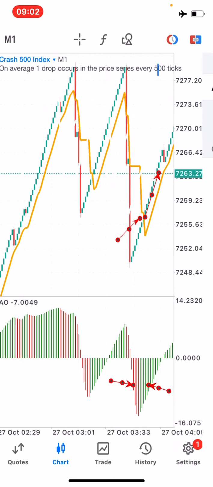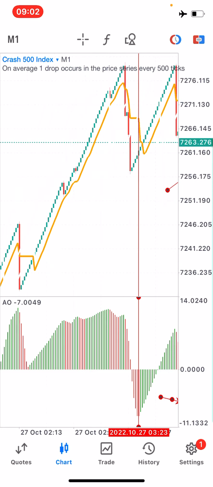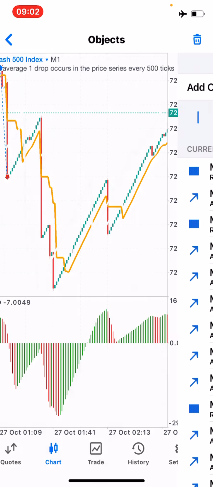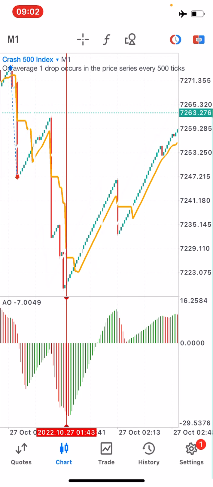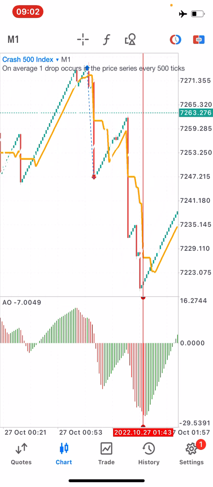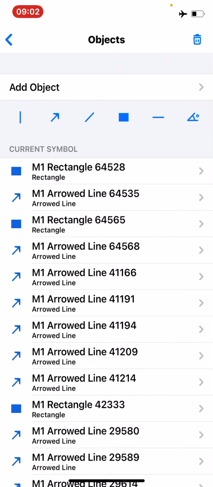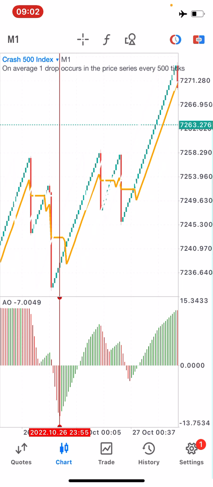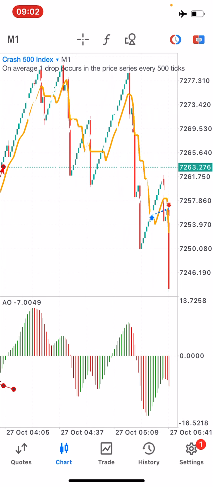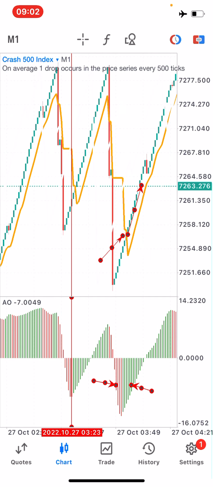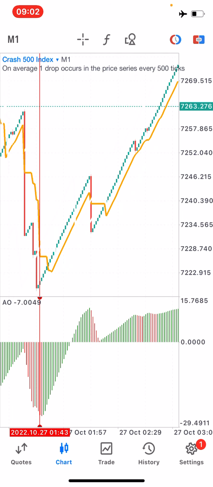I'm just going to be highlighting your entry points or trades that you could have taken, right? Can you see how many trades are there? There's so many of them. So if you want a strategy that's going to help you grow your account, this is one of those strategies